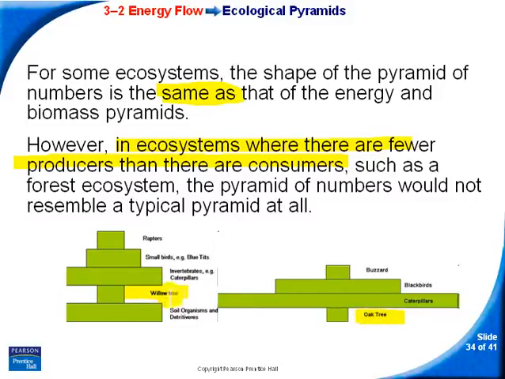There's only one willow tree, and that would be down at the bottom, because the caterpillars depend on the willow tree, and the birds depend on the caterpillars, and then the raptors, which is like a bird, depend on the small birds. So it might be one raptor associated with one tree, but in between, in the other steps of the trophic level, there might be more individuals. Here's another example where you have an oak tree. Caterpillars depend on the oak tree. Blackbirds depend on the caterpillars. A buzzard depends on the blackbirds.